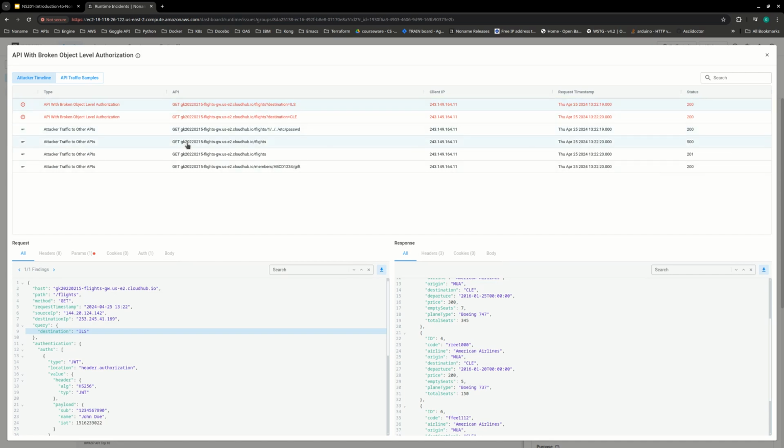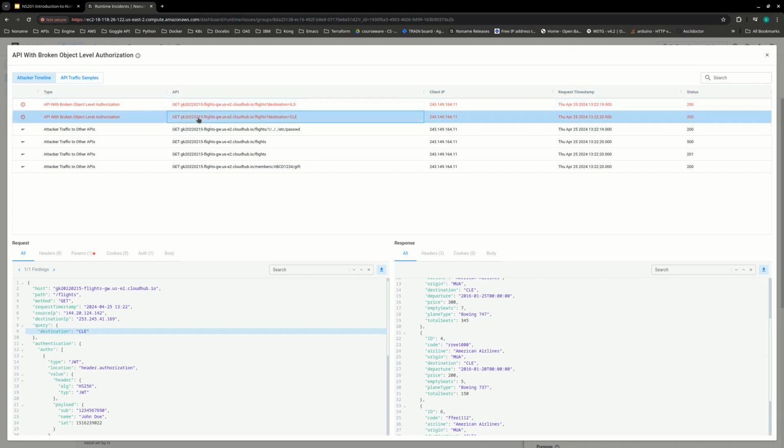The ones in black are other incidents unrelated to this specific incident. The ones in red are directly related to this incident. Okay? We can select the first one, right? Actually, we need to select both of them. So let's start from the bottom. Okay, so we're going to select both of them, and we're going to get to see what the